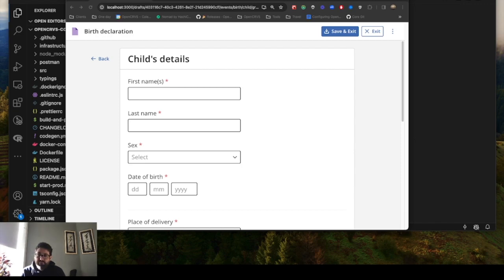So one really important thing to mention is that you can make as many changes to your form configuration as you like while you are in development mode. But once you go into production, once you start registering people for real, then you cannot change the form configuration from that point. This is not a technical constraint, it's an operational constraint. So when you think about it,